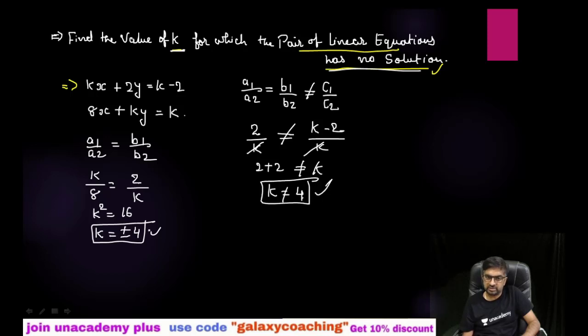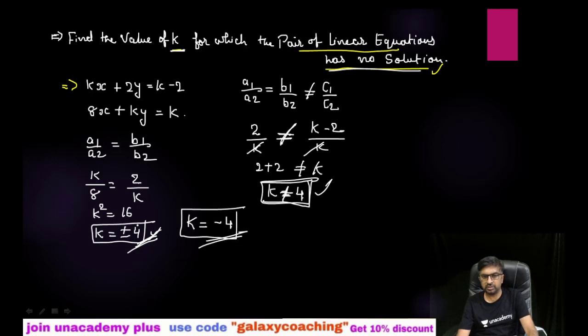Here you are getting two answers, but originally you can see here we are getting that k should not be equals to 4. So positive 4 is not possible. So the final answer for k will be equals to negative 4 only guys. So please keep this in mind. Generally students think that they got the final answer here, but when not equals to is given to you, at that time you need to find out what k is not equal to, and then you need to remove that from this. So this way you can find out the value of k guys.